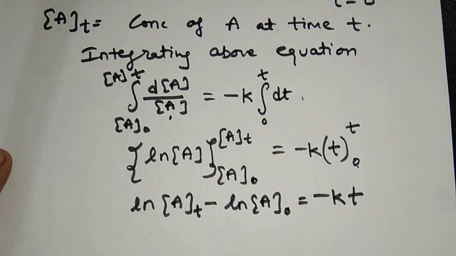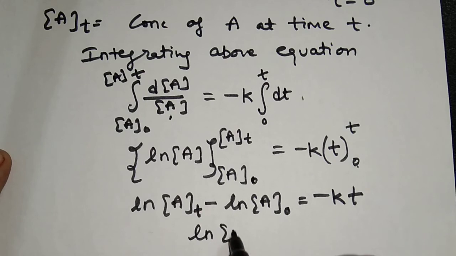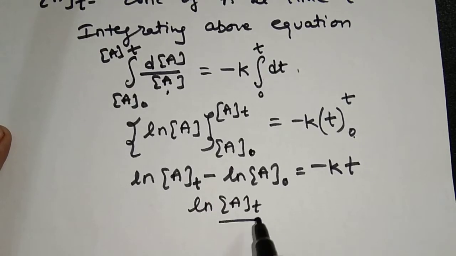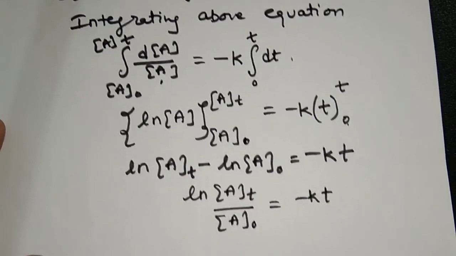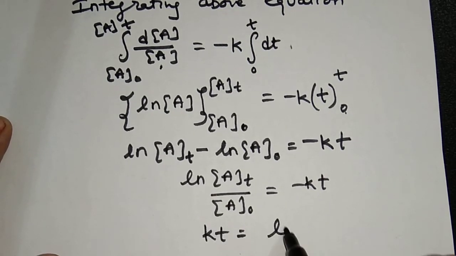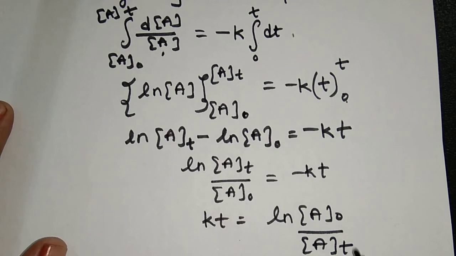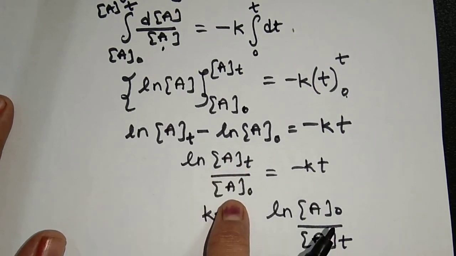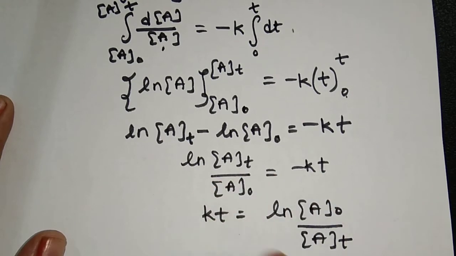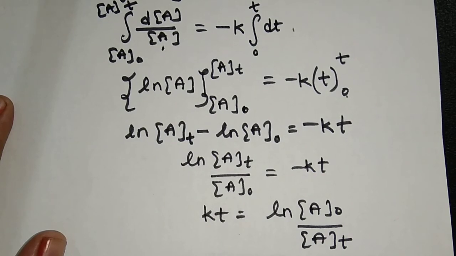So when we have logarithms and minus in between, it means division. So I will write ln of At upon A0 equals to minus kt. If you multiply minus 1 on both the sides, what you will get, kt is equal to ln of A0 upon At, right? Means this gets inverted if you multiply minus 1 on both the sides. Minus kt I wrote as plus kt, so the reciprocal came, A0 by At.